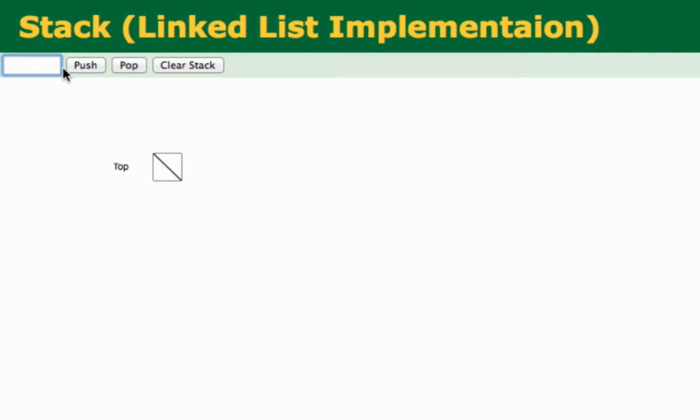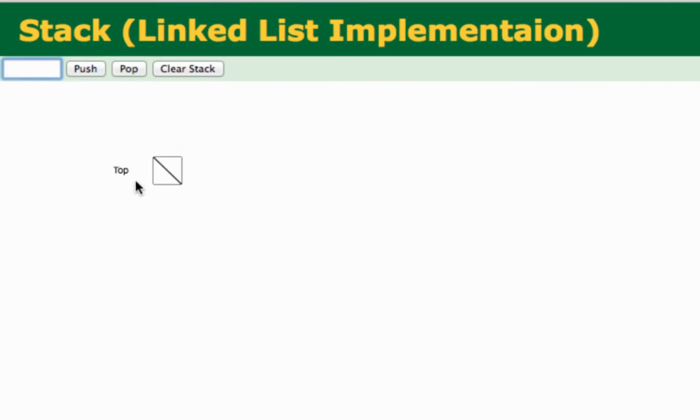So I want to push an element into a stack. The only reference that we have in a linked list is top. So top right now has nothing. So top is right now null. So that indicates that there is no element in this particular stack. So in this particular linked list, top is null. So there is no element in this stack. So I want to push an element in. So I want to push 12 in. So how does it work?